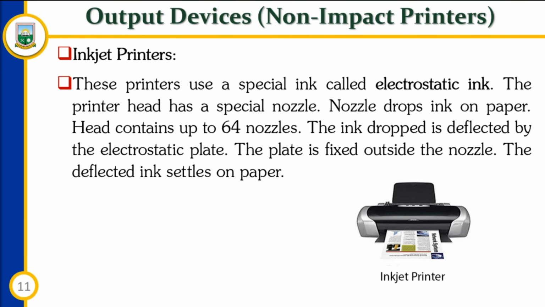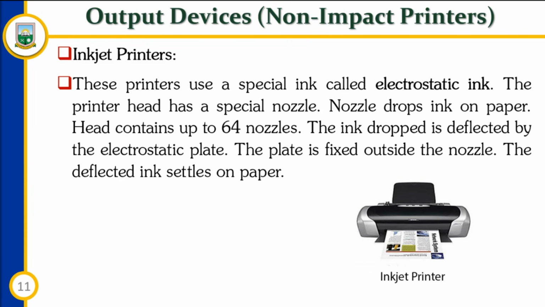Just like the cartridges that you will see, the plates are at the bottom of the print head, and the nozzles are just behind the plate. So the deflected ink eventually settles on the paper for the printout to come out. The inkjet printer also has its advantages and disadvantages. The first advantage is